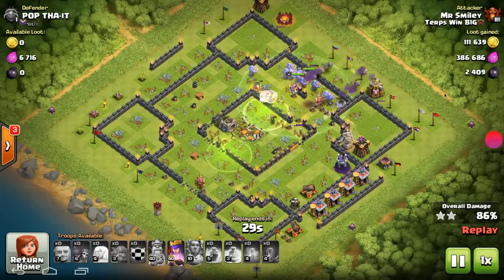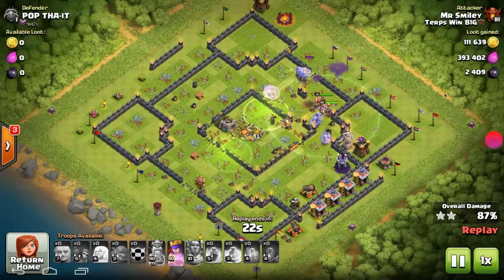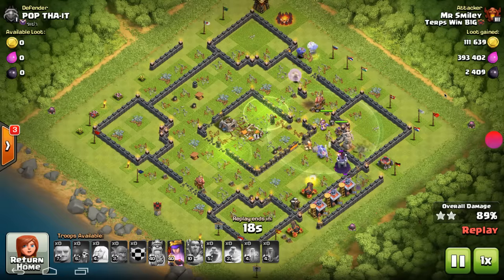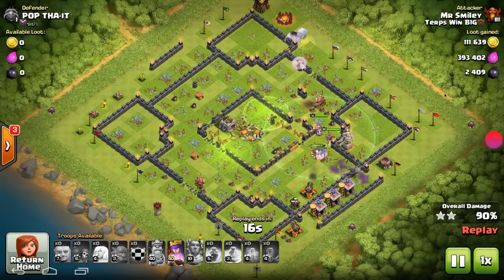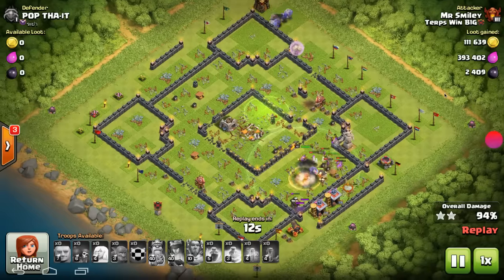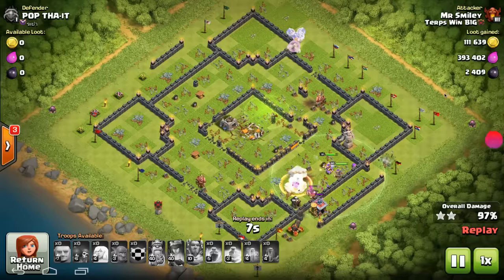And I was originally concerned, especially in war, about attacks against flying troops in the defensive clan castle, but the raged healers plus the Warden and the Archer Queen and a couple of poisons, it really does not stop it. I mean, this is a really, really powerful attack. You can try to make it more complicated if you want, but there's no 4th star for